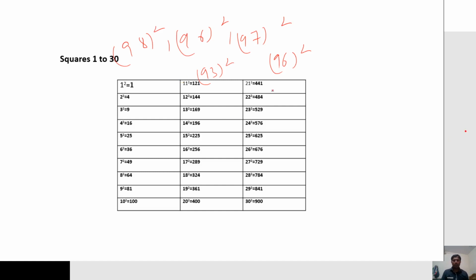Okay. 49 square, 47 square, 43 square and other squares are helped by this. Always learn, remember, and memorize the squares of 1 to 20, all students. First priority, first work: memorize the squares of 1 to 20. And it is very good if you learn 1 to 30 squares. This table helps for squares.